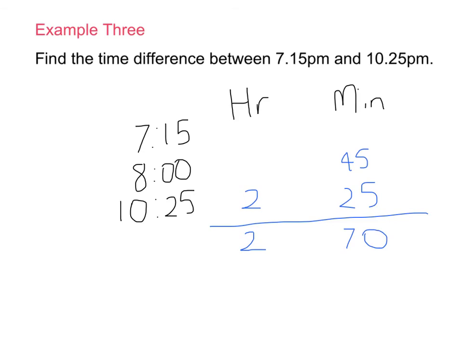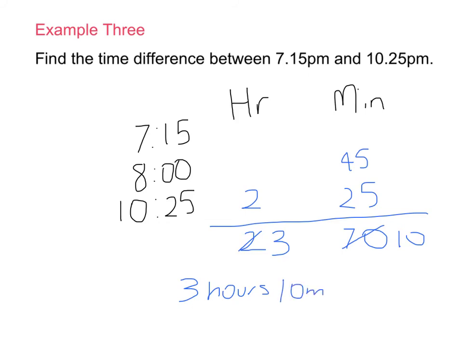Now, when we look at our answer, 2 hours and 70 minutes, we know there's 60 minutes in an hour. So our actual answer down the bottom, guys, if there's 60 minutes in an hour, we have to cross that off and that'll become 3 hours. 70 minus 60 is 10. So the time difference between 7:15 and 10:25 p.m. is 3 hours and 10 minutes. 3 hours,